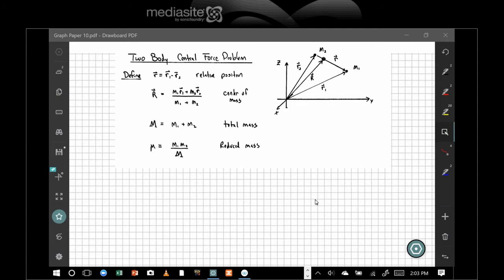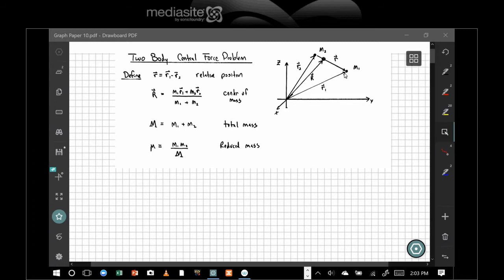I'd like to give an introduction to the two-body central force problem. So consider this. Say I have a Cartesian coordinate system, and I have two masses, mass 1 and mass 2. And associated with that mass, I have a position vector. So R1 is a position vector from the origin to mass 1, and R2 is a position vector from the